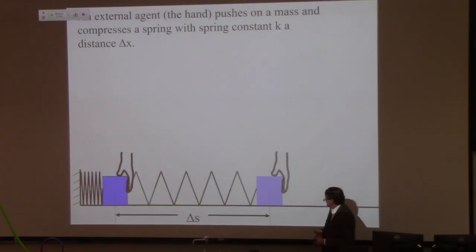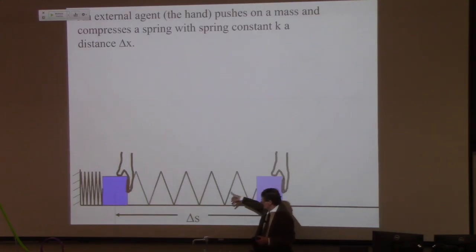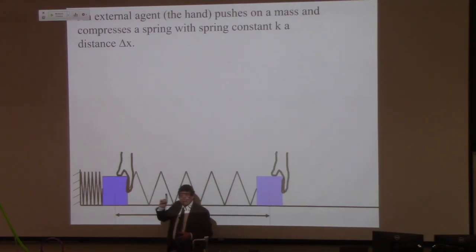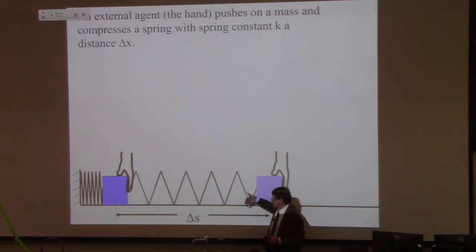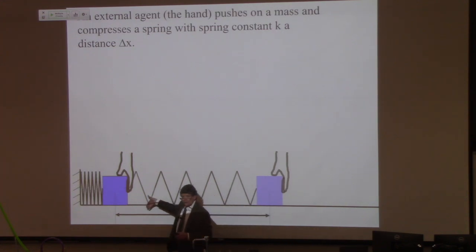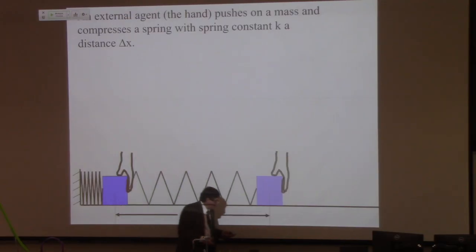And then I'm going to push that block against the spring and compress the spring. And this is important. I'm going to start with it at rest. I'm going to push with a slow, constant speed, and then I'm going to stop at rest. Okay? And if we look at the buckets,